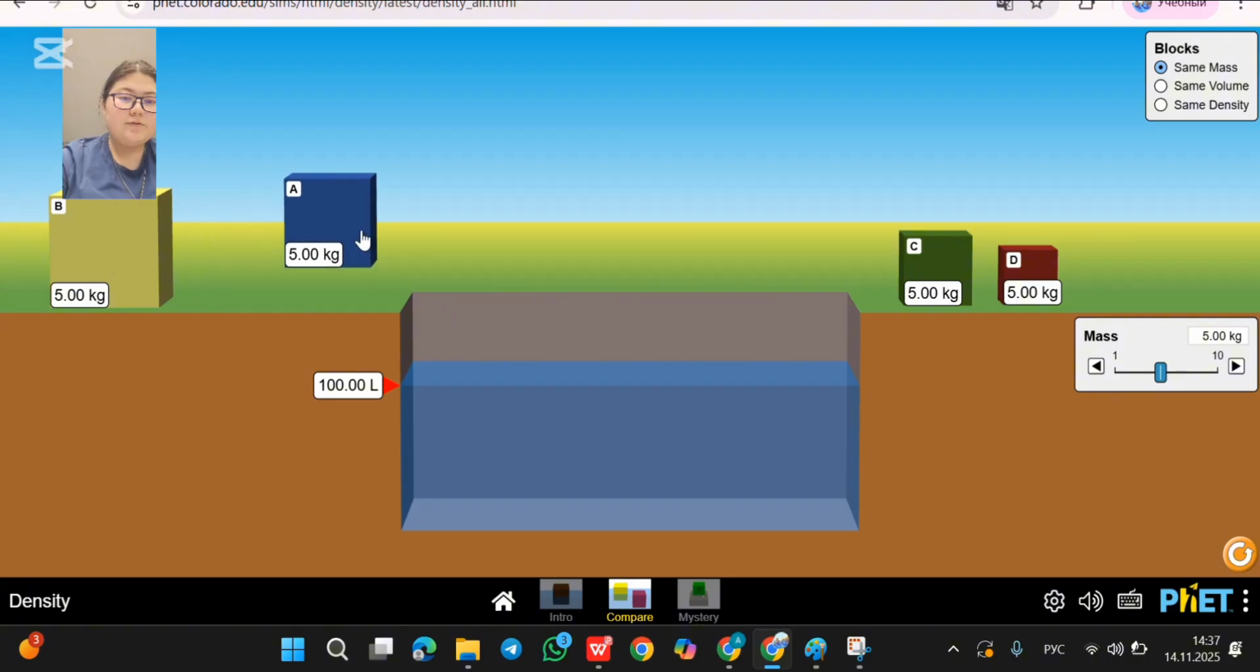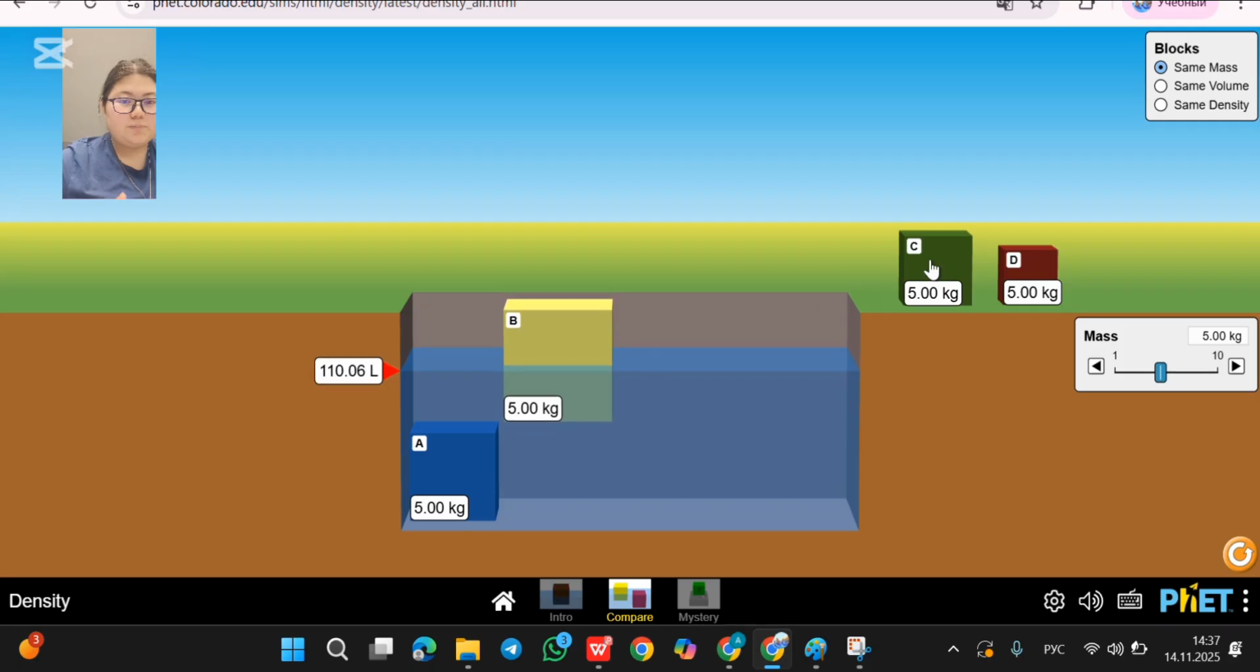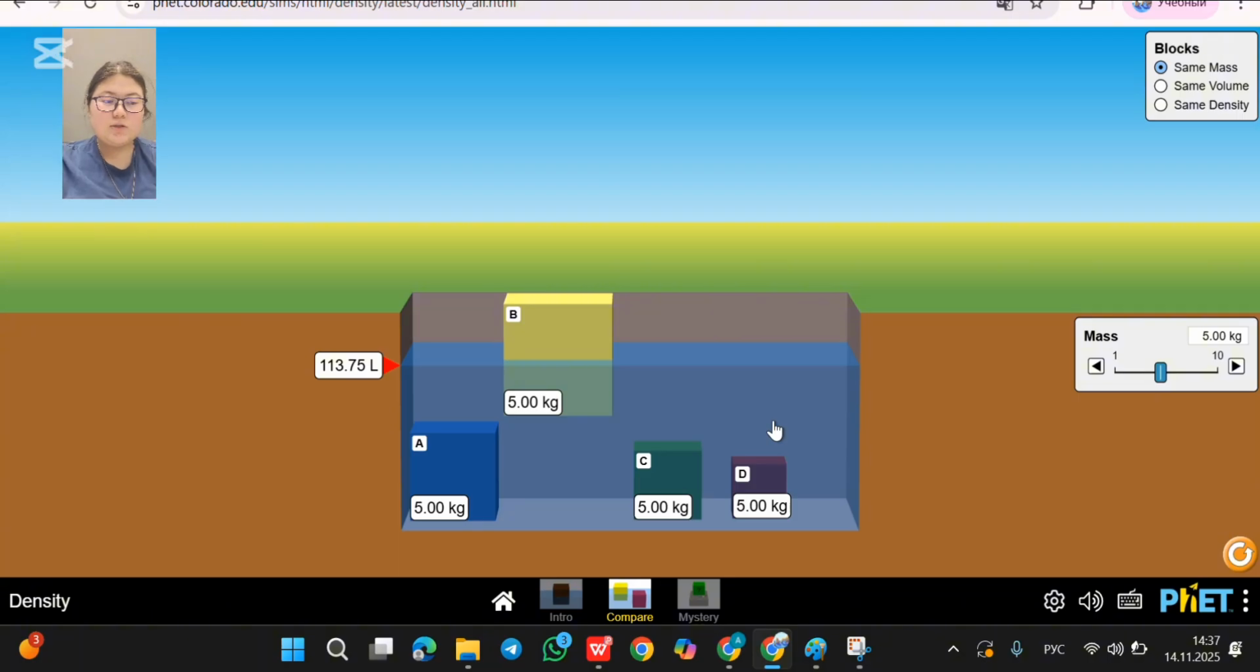So we're gonna have different cases. Case number 1, where the objects have the same mass, but different volume. So let's see. As you can see, some blocks sink and some blocks float. When mass is the same, density depends only on volume. Here we can see that smaller volume, high density, equals sinking, and large volume equals low density,